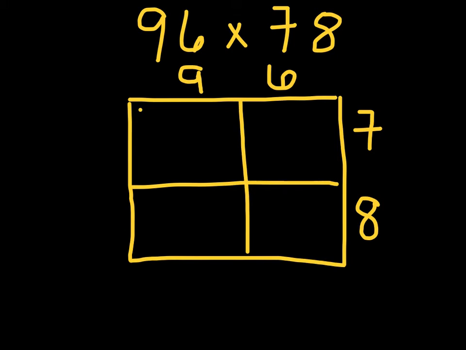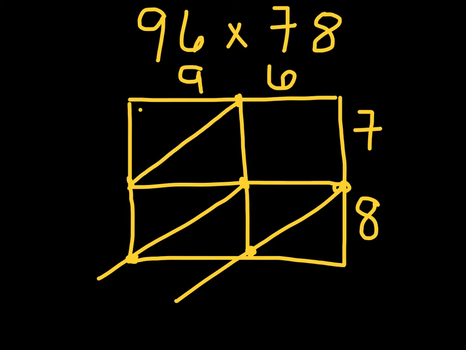Next thing we're going to do is draw our diagonals. I like to start from the bottom left, but you can choose to start wherever you deem necessary. We're going to connect our corners, just like that. Feel free to sing a little song as you do it, or make a little noise. On the outside ones, I like to draw them through just to help keep our numbers straight when we come to our answer. And then we're going to connect our one in the middle. I'm going to switch pen colors now,